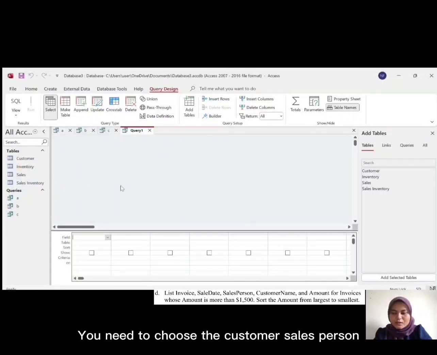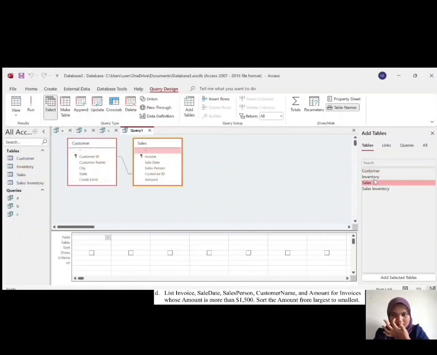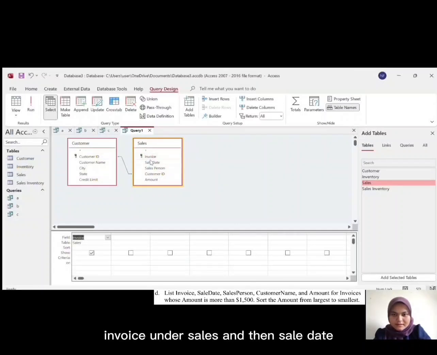Now for question D, you need to choose the customer, salesperson. So you double click the invoice under sales, and then sell date, and then salesperson, customer ID, customer name.